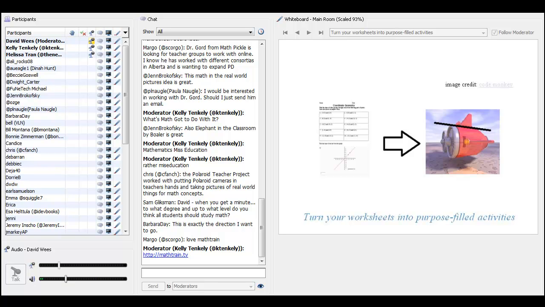So here's an example of a really simple thing you can do, which I think automatically embeds what you're doing in the real world. I don't know if this is obvious. The left-hand side is a traditional worksheet. It's exploring, given two coordinates, find the equation of this line. Very, very basic worksheet, bunch of practice.